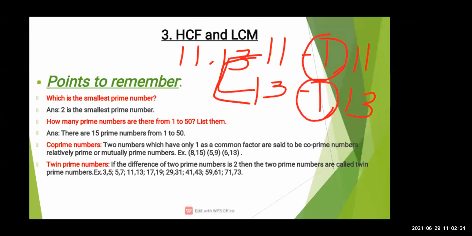Now difference क्या है इधर? 11 and 13 में difference is how much? Very good. Difference is 2 only. So is it a twin prime number? Yes, it is a twin prime number. बिकॉज कॉमन 1 दिखा रहा है प्राइम नंबर का 2 नंबर लेके एंड डिफरेंस इज ऑल्सो 2. So it is a twin prime number. Now you people have understood what is twin prime number.